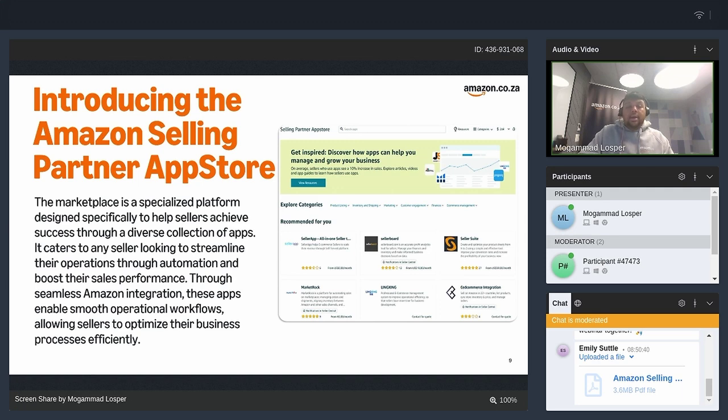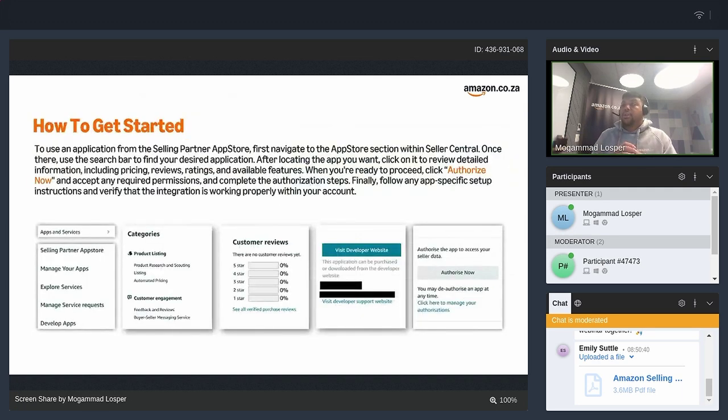And this is just some more information on what you can find within the Selling Partner App Store. I also want to touch on the integration, because I think that's really important. So how do you get access to the Selling Partner App Store? You go into Seller Central. In the top right corner, there will be a